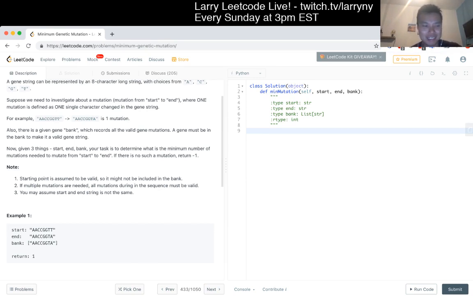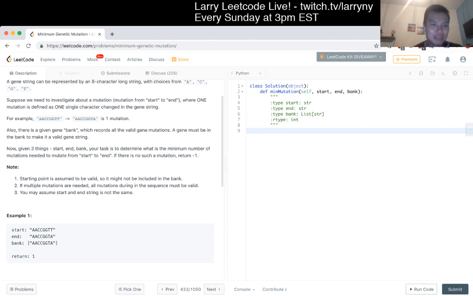I don't think there's too much confusion here. You just need to make sure that each mutation needs to be in the bank. The thing I'm trying to think is, hmm,